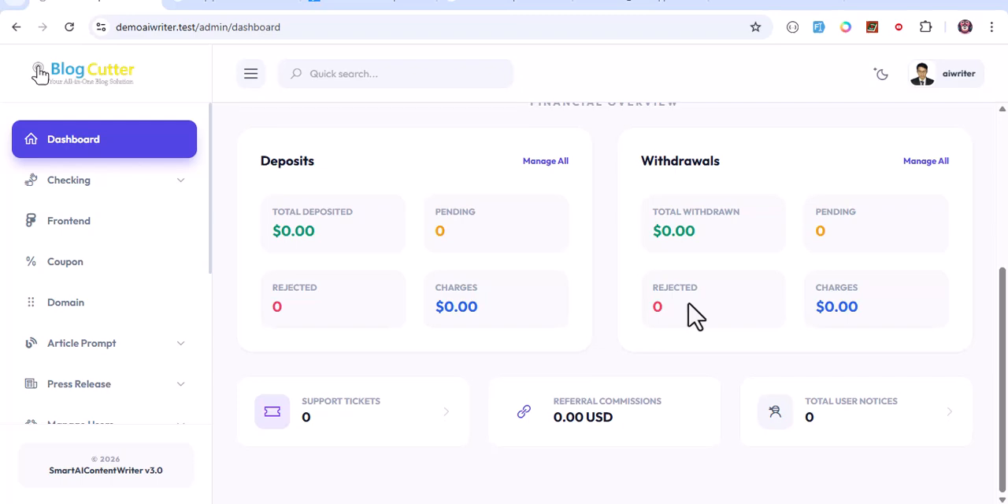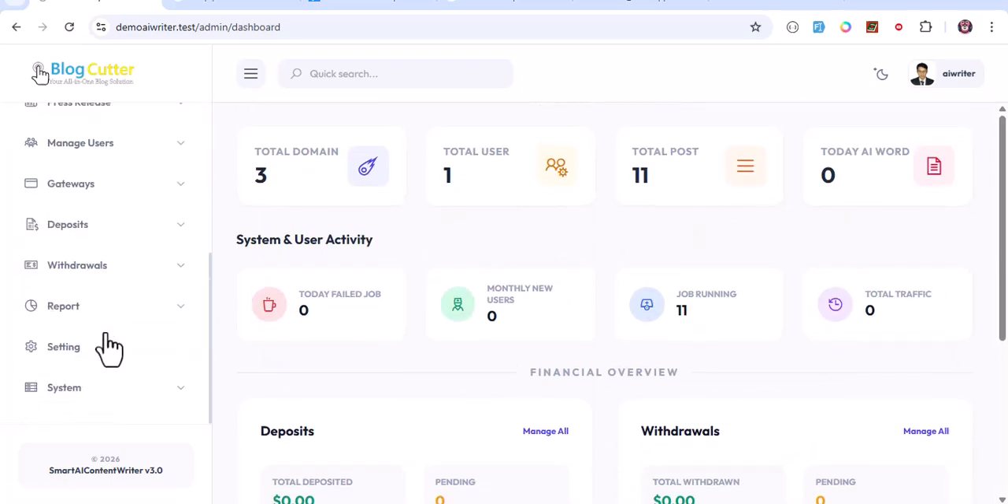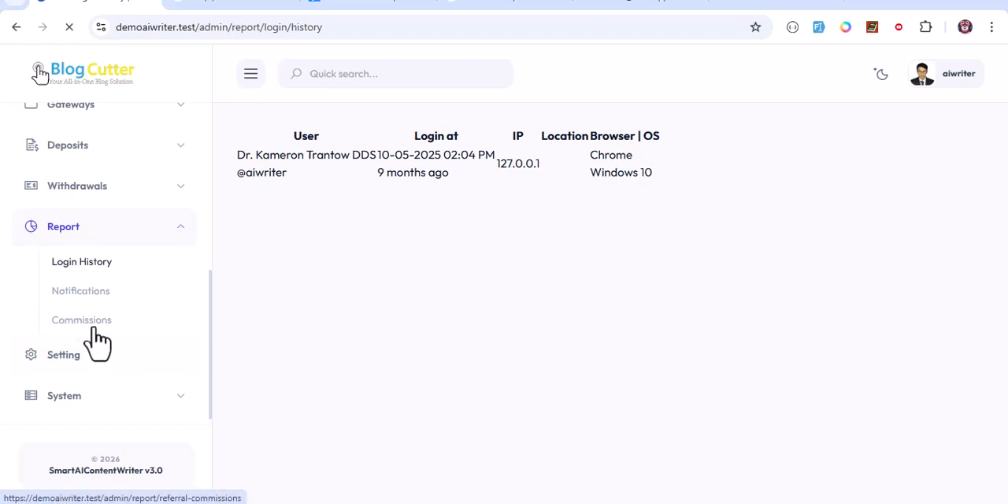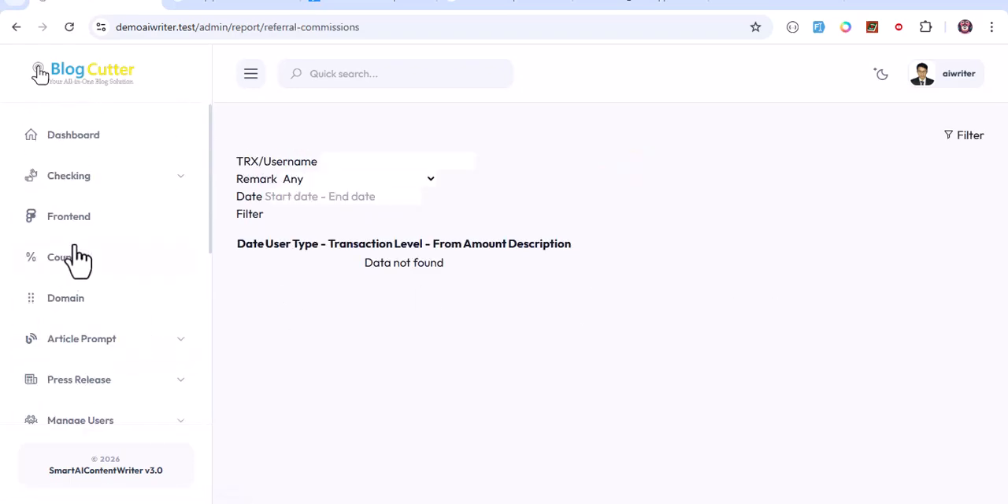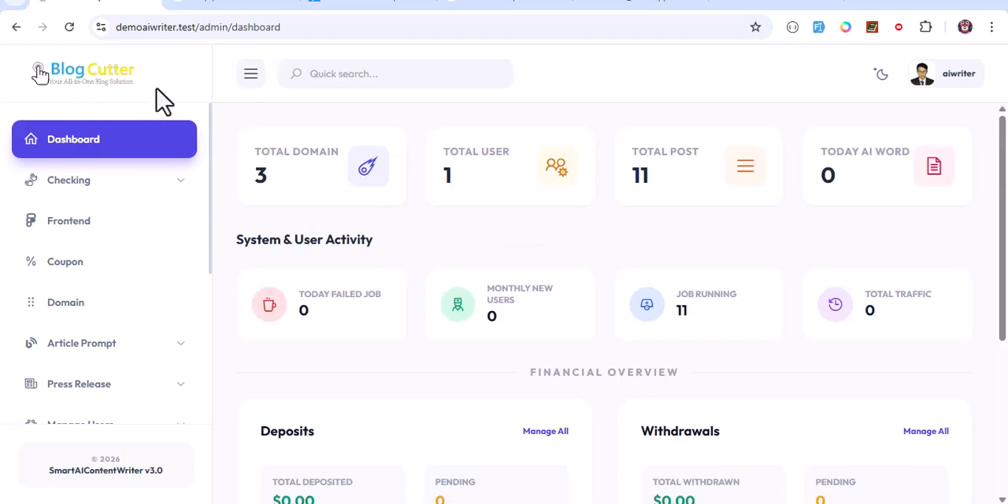You can see here the dashboard system, and there is also the login system, commission. Everything is here. This is completely made by Laravel. And you can use the user. So when you go here,